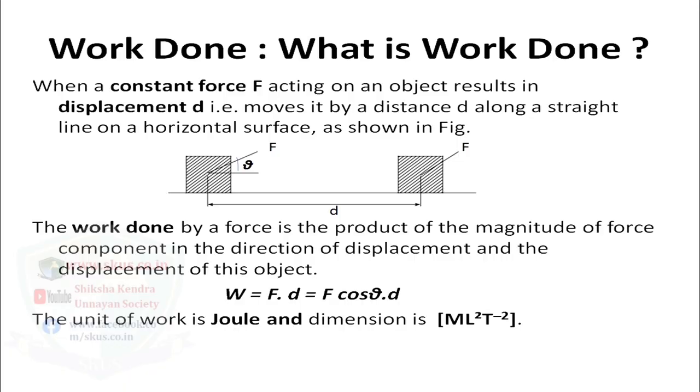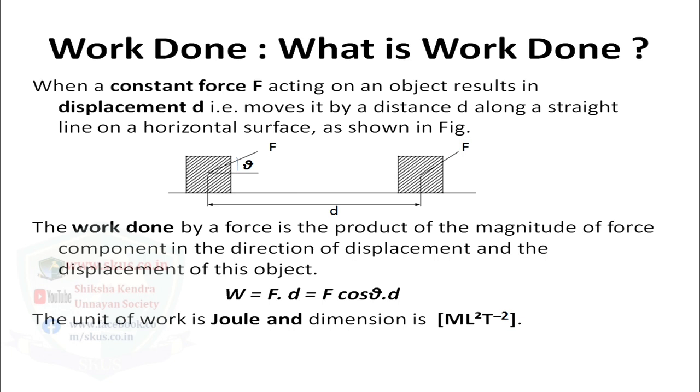Well, when we talk about work done, we will start with a mass and apply a constant force on it. We see that this force displaces the object, and after a certain displacement d, it reaches another point. So, we say when a constant force acting on an object results in a displacement d, that is, it moves by a distance d along a straight line on a horizontal surface as shown in the figure,